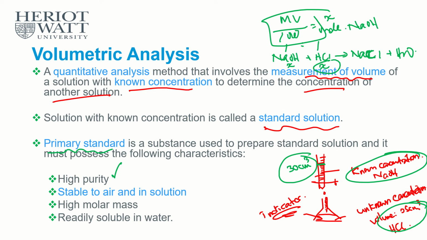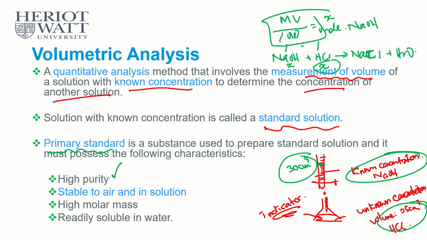Why? Because let's say for example I have 3 grams of NaOH, but these 3 grams of NaOH is impure. So that would mean I have less than 3 grams of pure NaOH. Am I right? Because within the 3 grams, some portion of it is actually some other compounds. So let's say within the 3 grams, 0.5 gram is impurities. So the actual mass of the pure NaOH is just 2.95, right? 2.95 grams instead of 3 grams. But